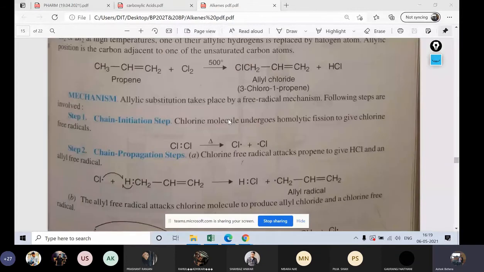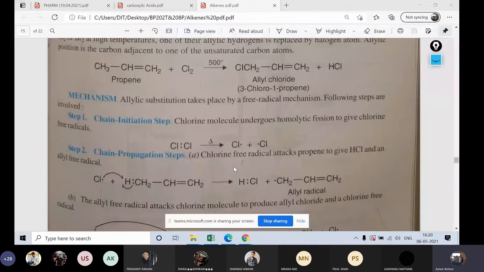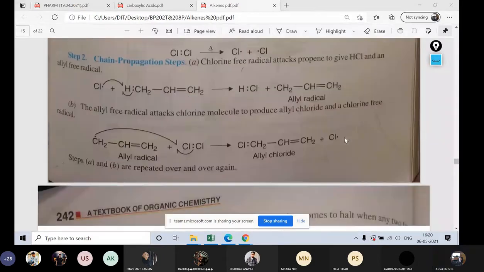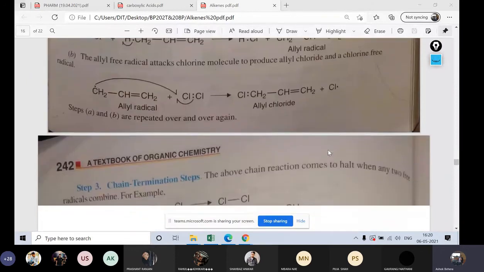So same way, initiation, propagation and termination. This is also radical because it is behaving like an alkane. 500 degrees means radical mechanism. Always know that wherever heat is high, it will go via the radical mechanism. Like your halogenation, what you saw with chlorine, the bond is going to break down here also. The radical form, again you will see. Again this radical will break down, again allyl chloride will be formed.